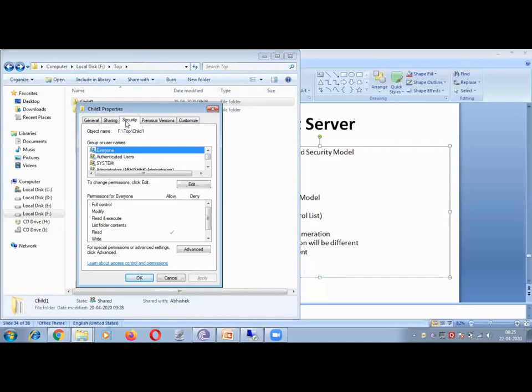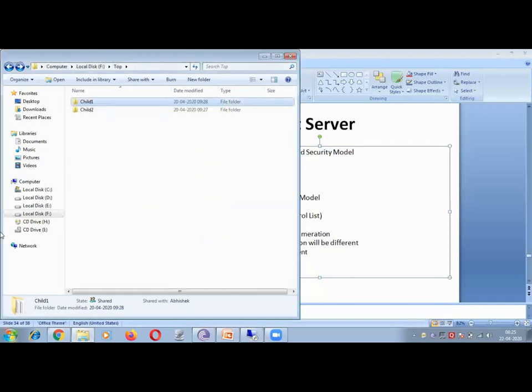And now we have something different. What is that? List folder contents. This was not there in the file, right? Because this is treated as a different object by Microsoft, it gives a new permission here, which is called list folder contents. Now can you go back to the printer and check what permissions the printer gives?